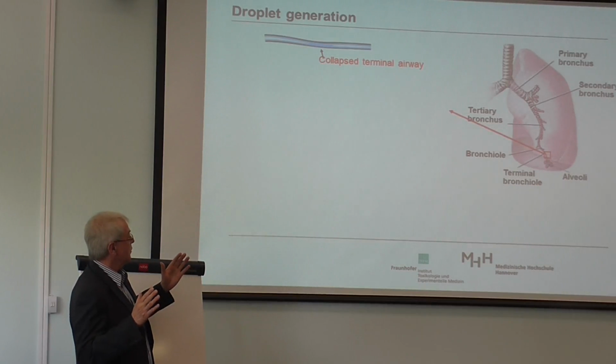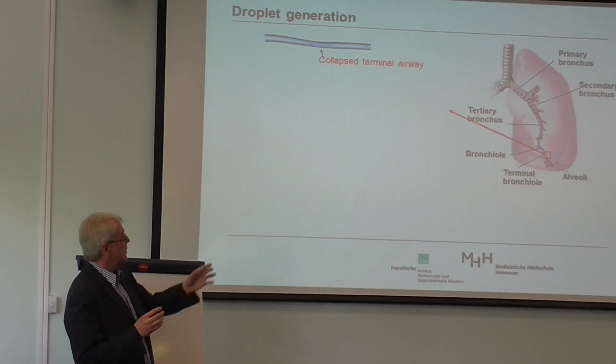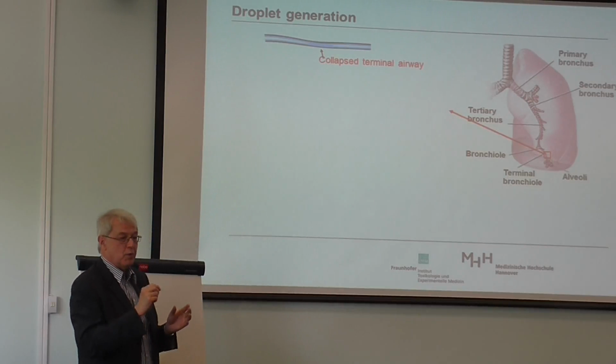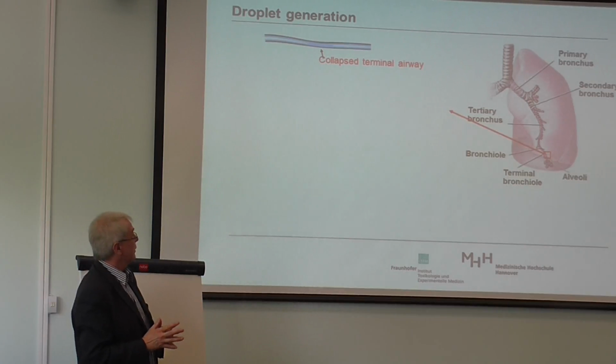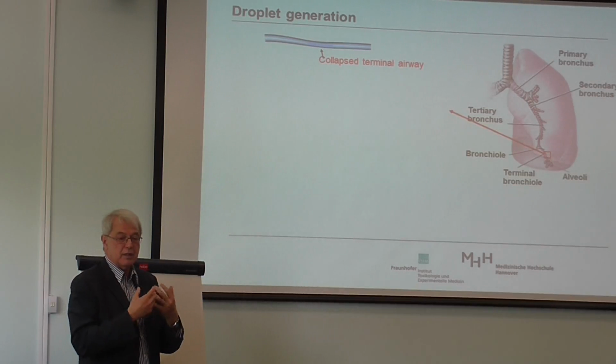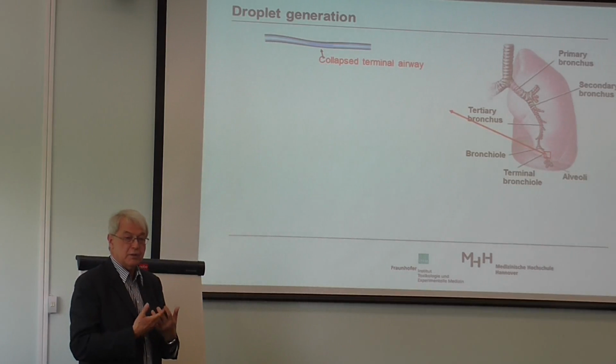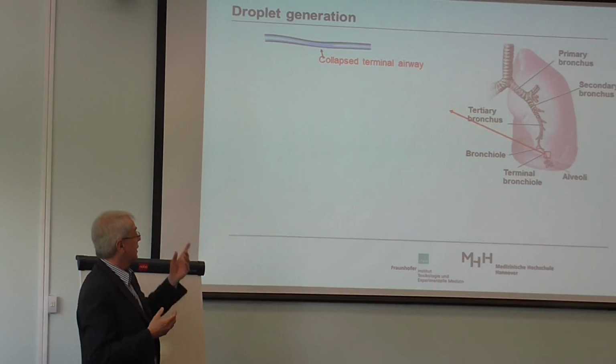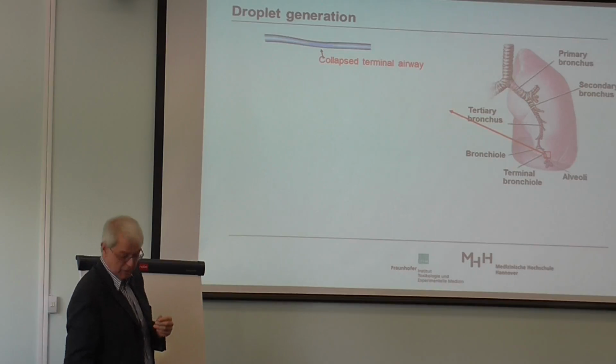So if you exhale, then some of these very tiny peripheral airway capillaries, which have a lining, they just collapse, and then you have kind of a liquid bridge, as you see here. This happens in every breathing cycle that you do. And the amount of this to happen depends on the respiratory volume that you intake. But this is what happens.